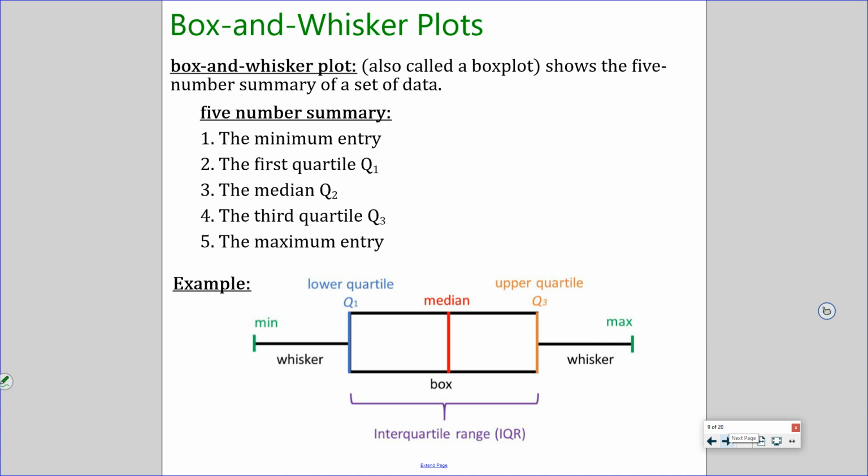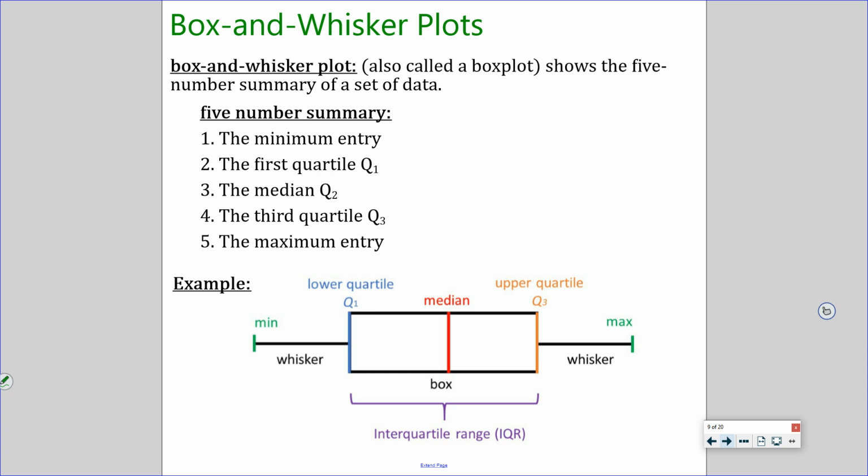And it basically displays all of these statistics that we've been calculating. It's a way of displaying it. So the reason why they're called box and whiskers plots is because in the middle you have this big boxy looking thing, and then you have these two kind of like end segments that are called the whiskers. So what this is